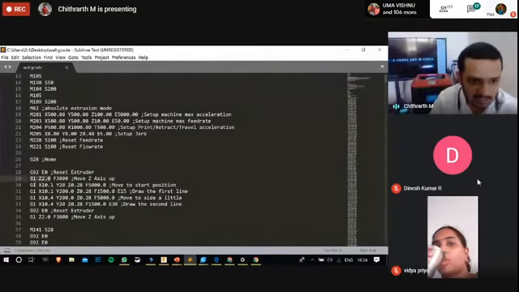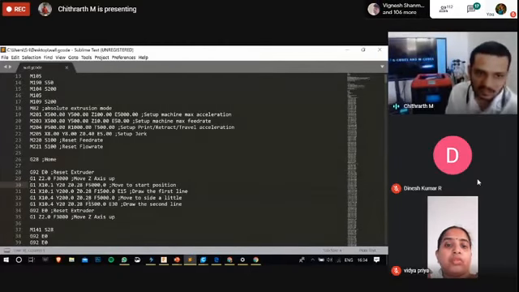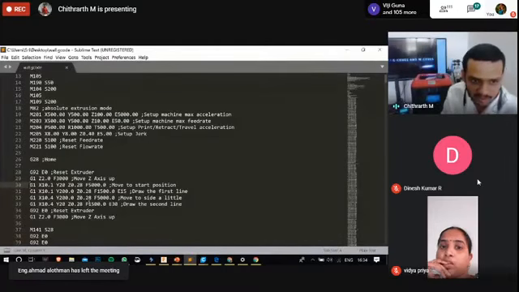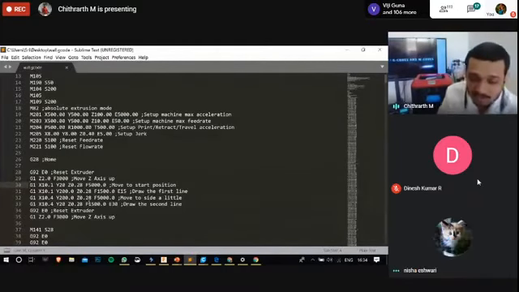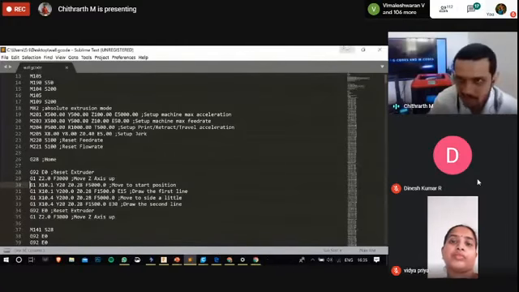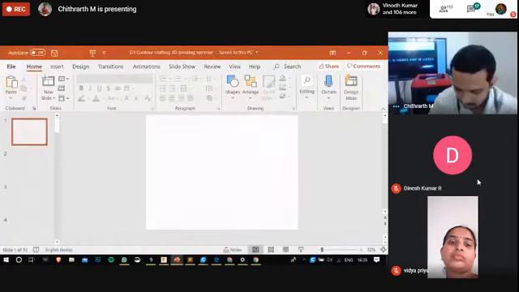In the next command, we have G1 X10.1 Y20 Z0.28 F5000. Now we are moving the entire extruder to an x-axis position of 10.1 and y-axis position of 20. This is similar to the Cartesian coordinate system which we discussed. Let me quickly show you.